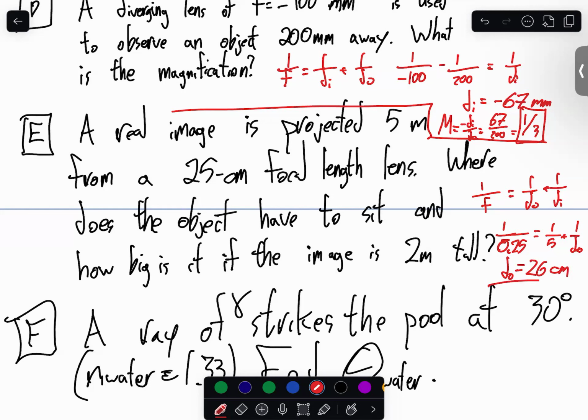That's part of it. One over 0.2. Where's the 1 over 0.2? Sorry. 1 over f. I said 0.25. If I'm using 5 meters and 25 centimeters, I want those in consistent units. Okay, and then